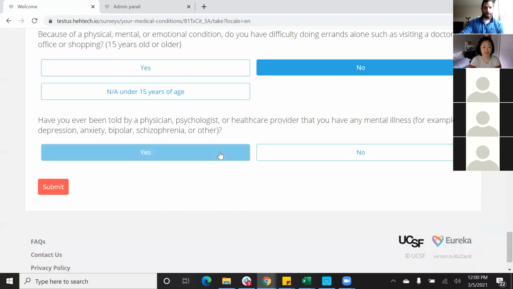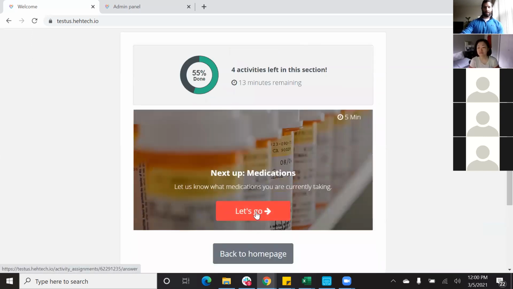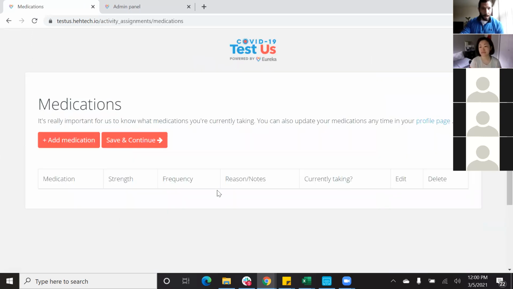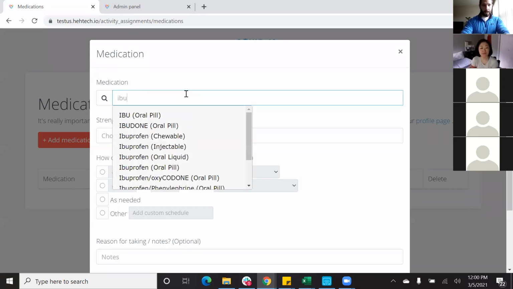All right, and like I said, we're not going to answer that question. Click submit. All right, so next up is medications. Here is where the participant could add any medications that they are currently taking. So this is pretty straightforward, but let's just say they're taking